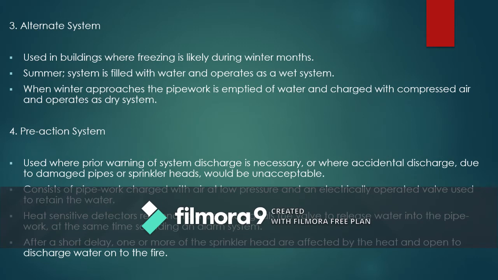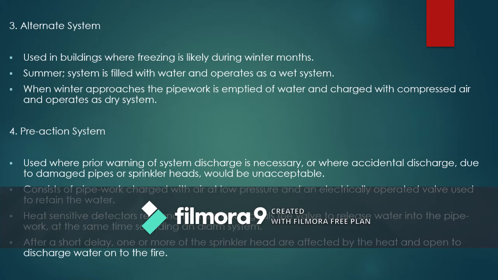Fourth, pre-action system, used where prior warning of system discharge is necessary or where accidental discharge due to damaged pipes or sprinkler head would be unacceptable. It consists of pipework charged with air at low pressure and an electrically operated valve used to retain the water. Heat sensitive detectors respond to a fire and signal the valve to release water into the pipework, at the same time sounding an alarm system. After a short delay, one or more of the sprinkler heads are affected by the heat and open to discharge